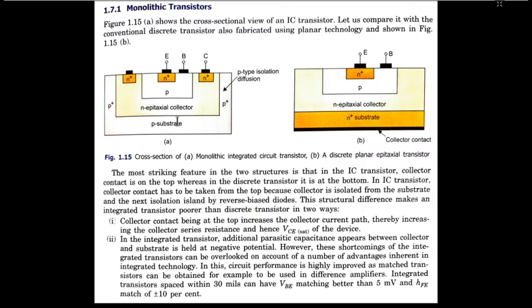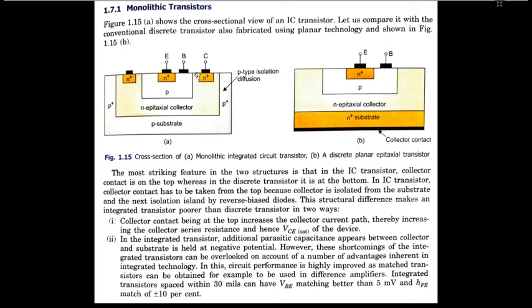If you look at the structure of the discrete transistor which you are using in the PCB, then the leads are taken from bottom, and therefore over there currents are drained from the bottom of the chip. Over here they take the currents from the top of the chip, and therefore this is a drastic line of demarcation between the discrete transistor and the IC based transistor.